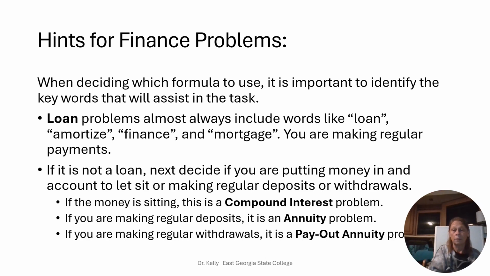You know what to use. If it says how much payment for this loan? Literally the word loan. You got it. Now there's other words that are synonymous with loan, like mortgage, like amortized note,